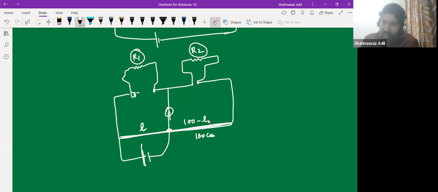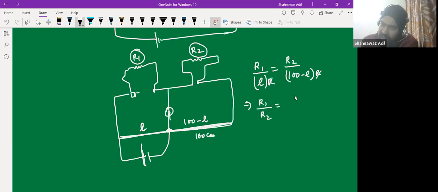Then we know the condition for the meter bridge: it would be equal to R2 by 100 minus L, because this has some resistance and this resistance gets cancelled. So then you get this condition that R1 by R2 is L by